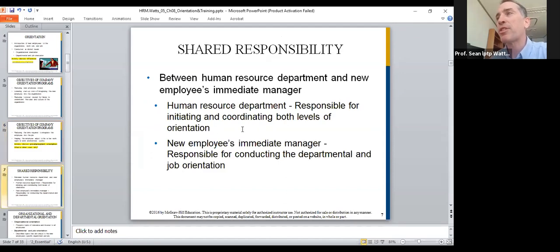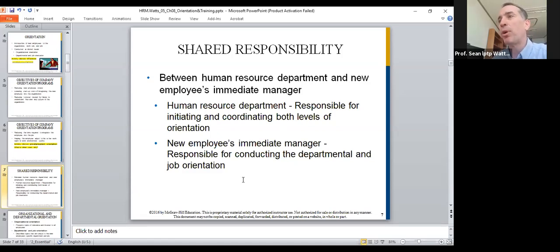Thanks. Between human resource departments and some managers, obviously there's the responsibility for initiating the orientation. Whose job is it to initiate it? If you are a follower, obviously you want your boss to initiate it. But if you require your boss to initiate this, make sure you understand, especially for international companies, that it will be harder for you to fast track into leadership or management. So if you take responsibility on your own, that is definitely noticed.